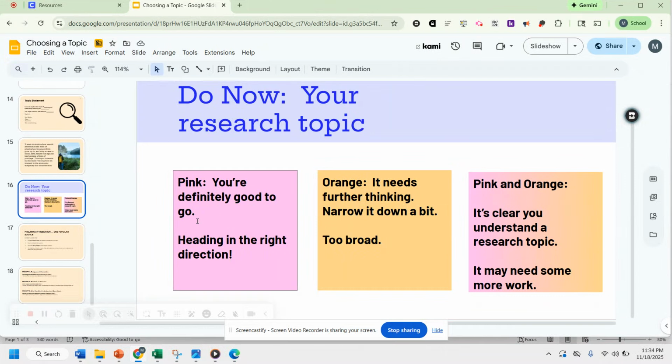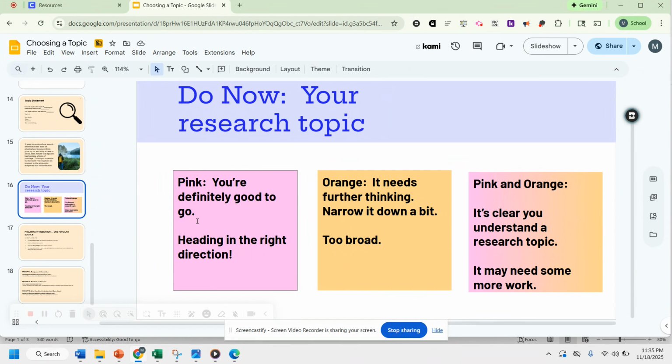If you only have an orange sticker, that means there is some work to do. It's most likely because it's too broad. Specifically, a student said gender inequality. Their topic is gender inequality. That is too broad. You can't possibly just write a paper on gender inequality. What about gender inequality? Gender inequality and students, gender inequality and recess, gender inequality in the environment. I don't know, but it absolutely has to be something more narrow. And again, something we can keep doing on Friday, but you should definitely be thinking about narrowing it